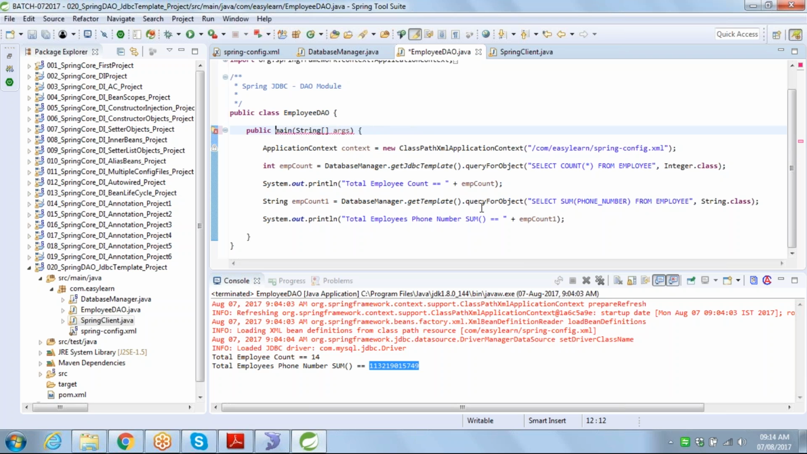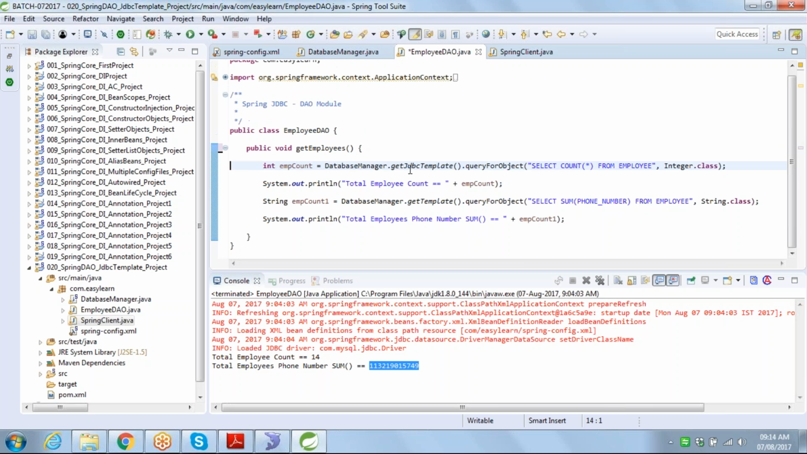Okay, public void getEmployees. I don't want to pass any argument, so this is a normal method. And in this class